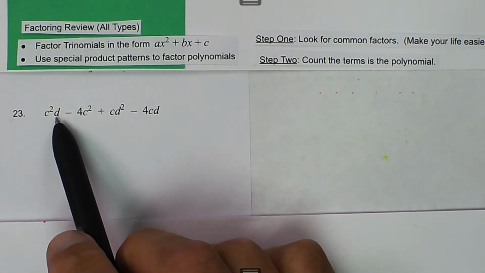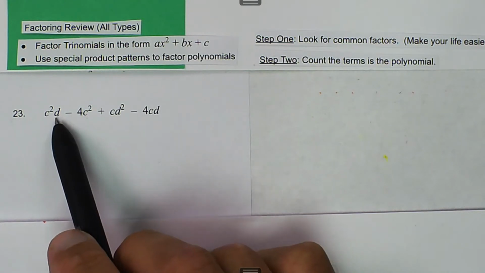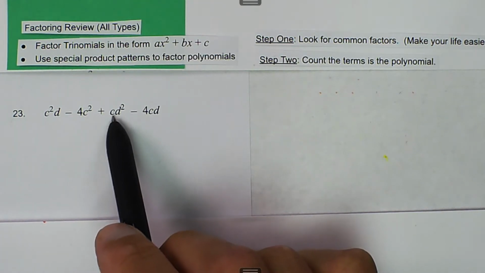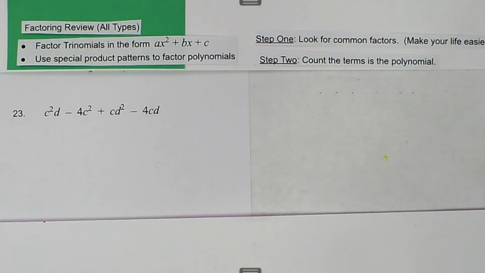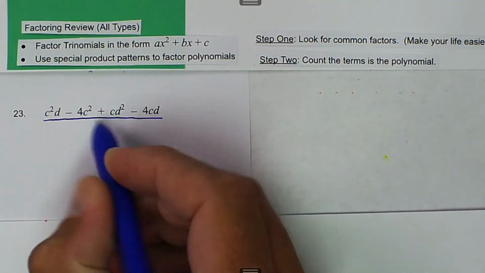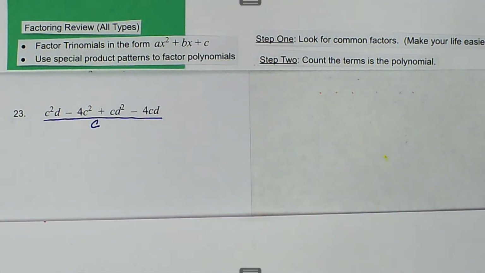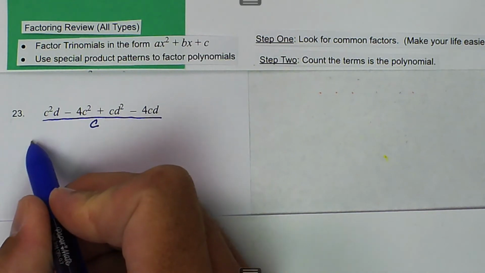So we have a c squared and a d. Now if you look at the second term, there's a 4 and a c squared, but there's no d, so the d is definitely not a common term. We have a c and we have a c. So what we notice is all of these four terms, they all have at least one c in them. So we can divide them all by c and we can factor the c out. So the c comes out front,